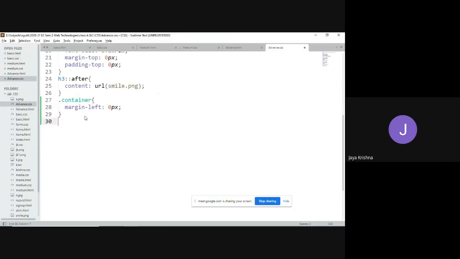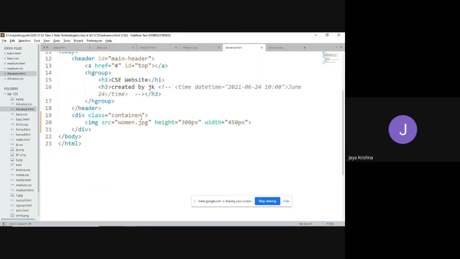And on this picture, I would like to perform various kinds of operations. To access that, I can use the image element with the class name sample.